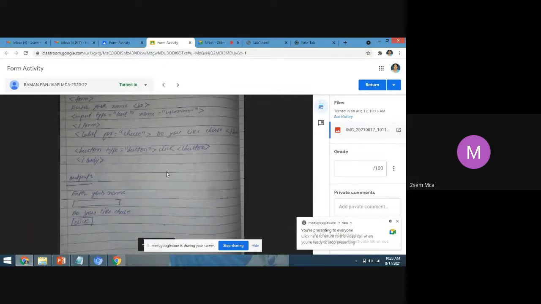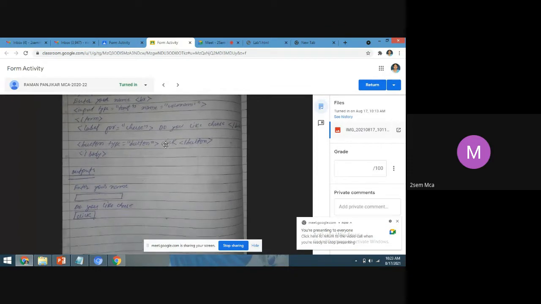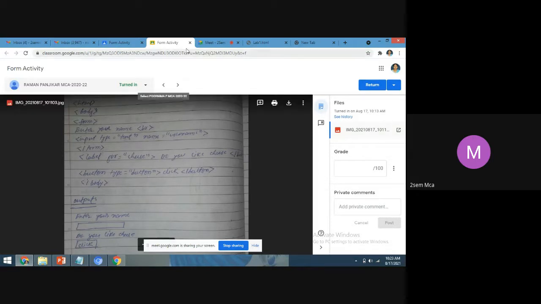Yeah, this is Raman. Raman, form tag, enter your name, input tag, button. Okay. Akrut, once you see this, see here what they have done: inside the form tag they are using this label tag, input tag, or the statement, just a statement also. See here, this is an input tag, this is a label tag, and this is a button tag. And one more button tag.